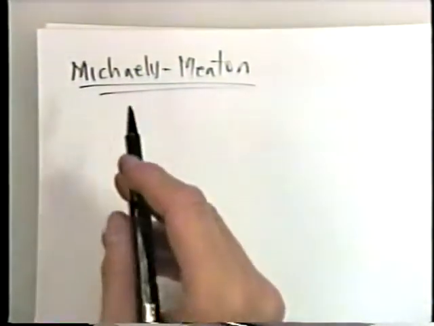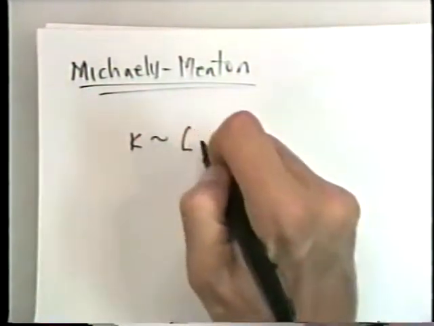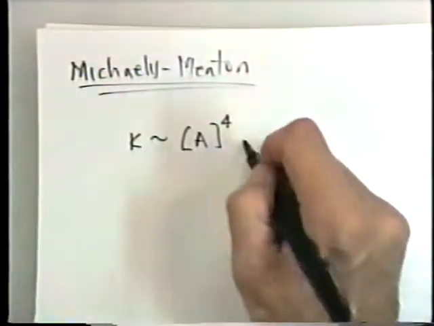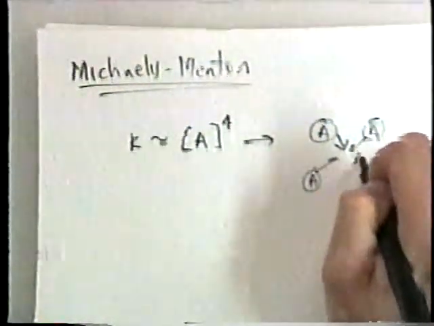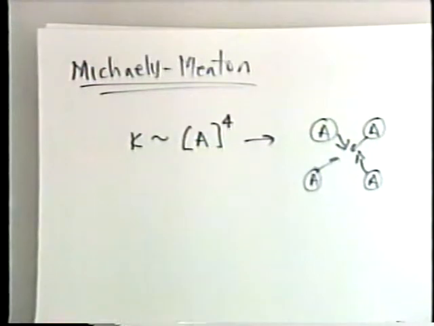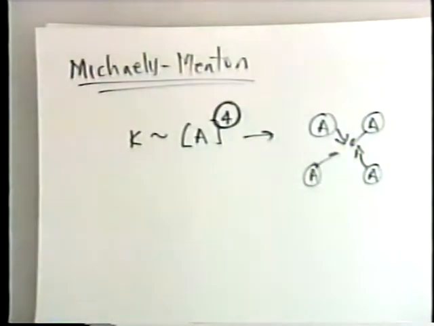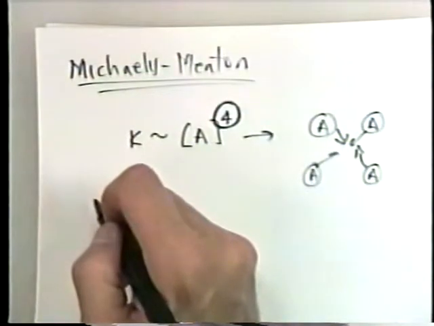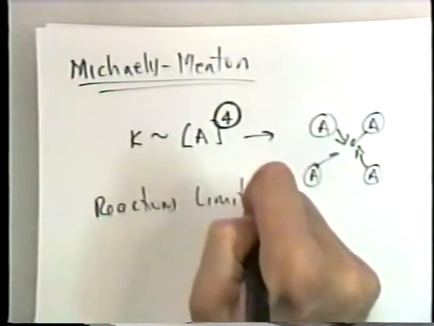In these sort of chemical reactions, if the dependence of the rate constant of the reaction goes like the concentration of one of the species to some power, like 4, then what we think is going on in the reaction is that 4 A's need to come together in order to participate in the reaction. So for example, A could be chlorine or oxygen or something like that. But it will turn out that, in fact, this does not necessarily tell you that if this reaction is limited by diffusion, so in reactions limited by diffusion,